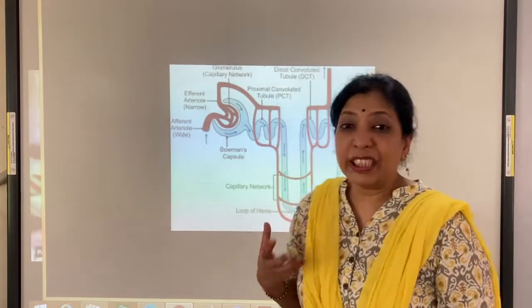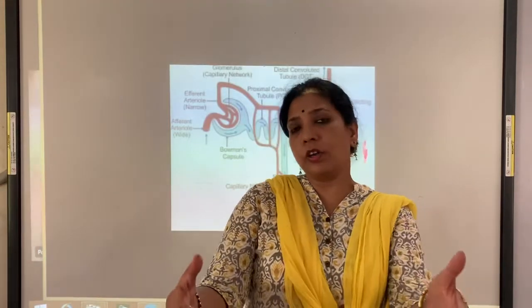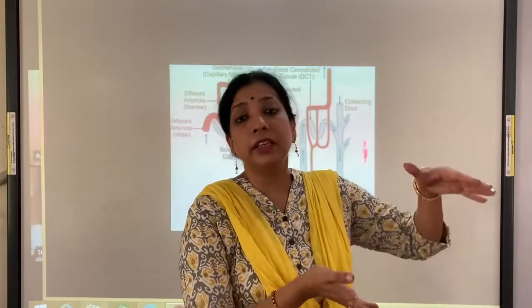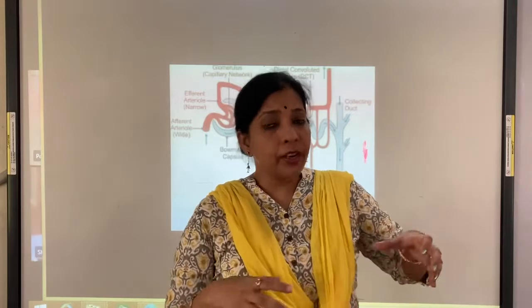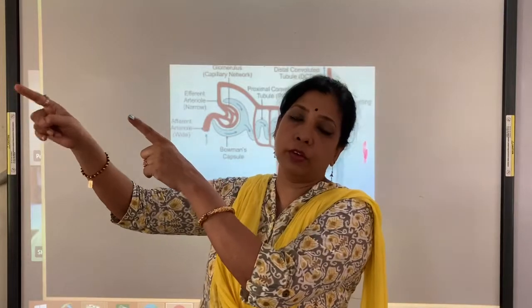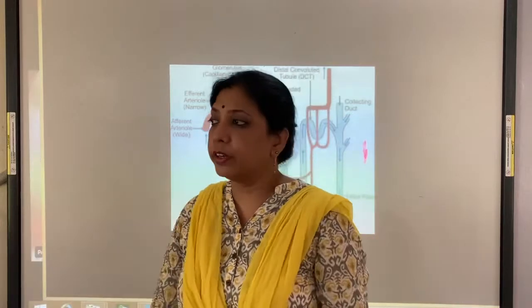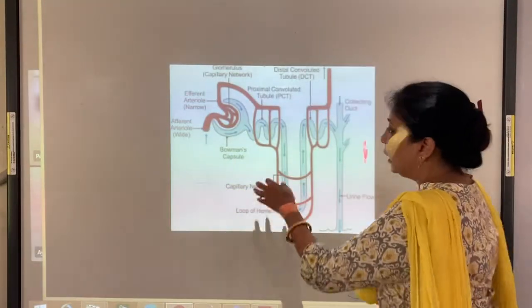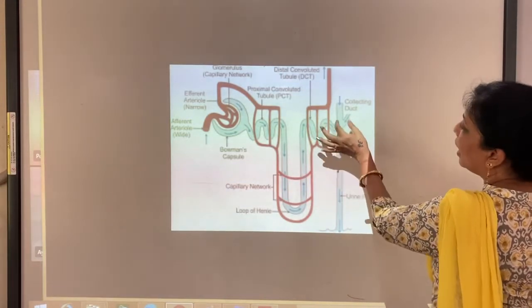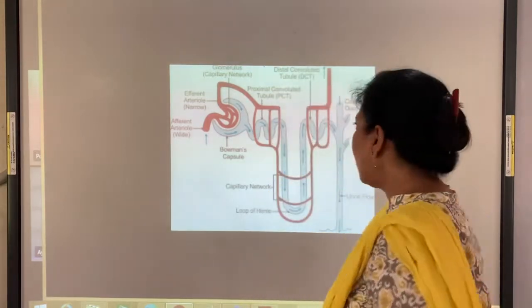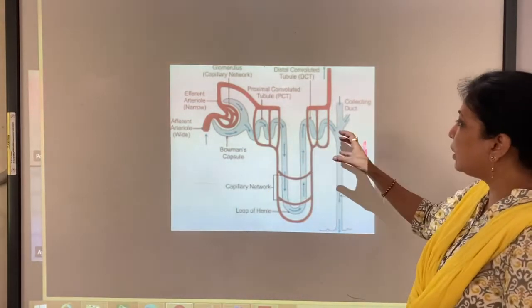You know the way sewer systems work. In a colony, from every house the drain comes out and meets a bigger drain at the main road. That bigger drain leads to the main pipeline, which gets discharged to wherever they are discharging it for purification. Same thing is happening here. Each nephron opens into a collecting duct. What is it? It is a collecting duct. They are collecting the waste here.